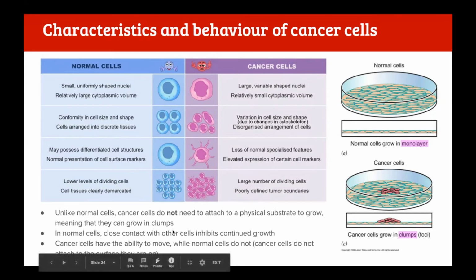And because normal cells grow in one layer, they're also in close contact with each other, which also inhibits cell growth. And that's why cancer cells also proliferate so much, because they don't need to grow in one layer. They can just grow in clumps, and so they don't have anything that inhibits it from growing more. Also, because they grow in clumps, they have the ability to move around, unlike normal cells, because they don't attach to the surface that they're